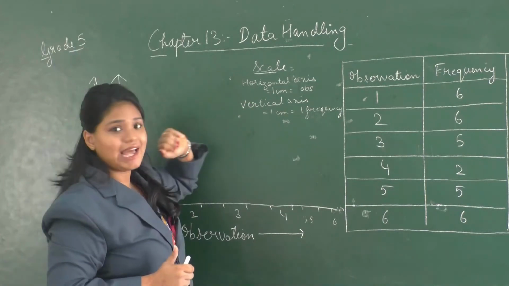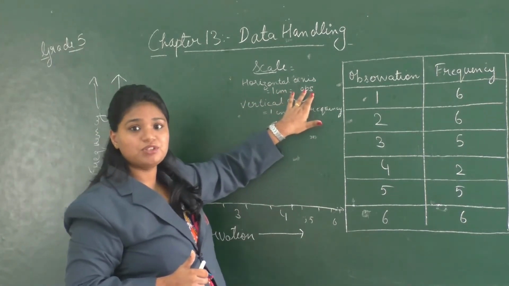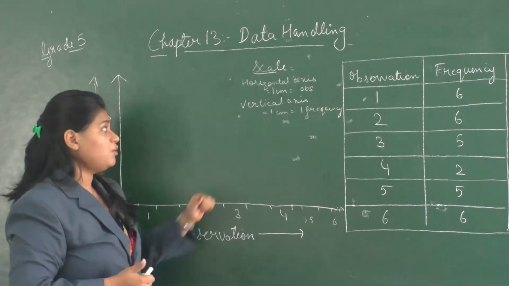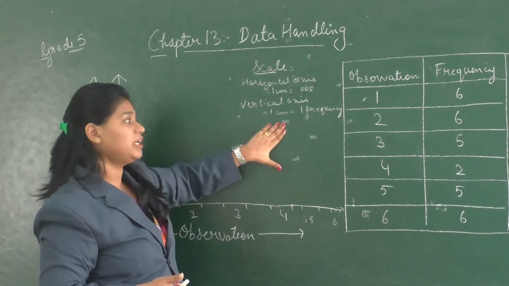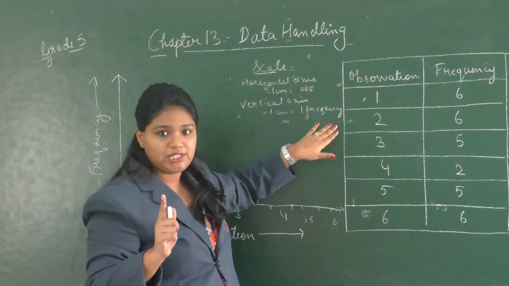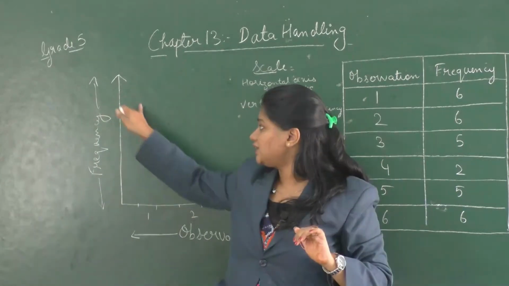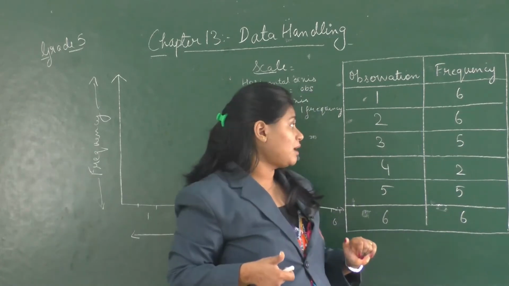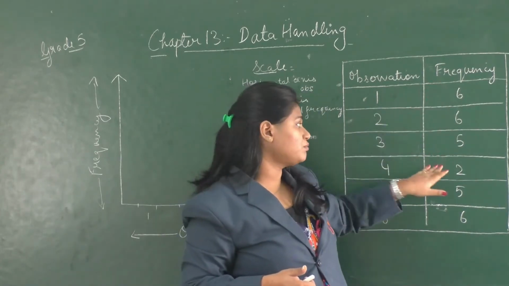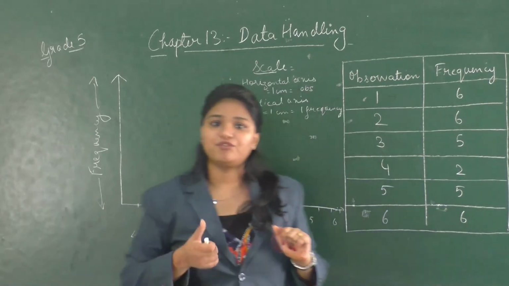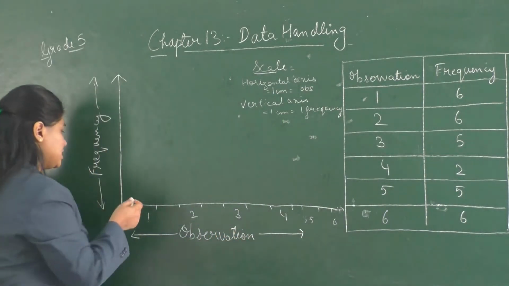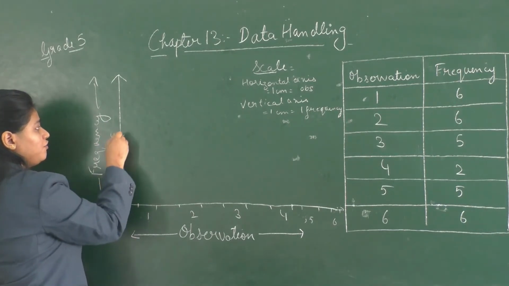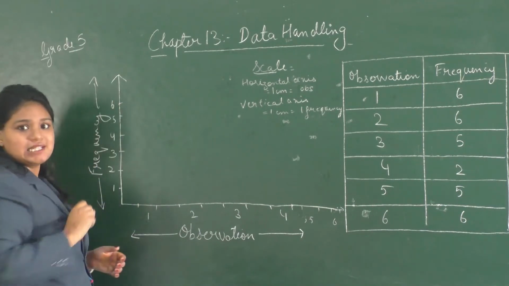Now on the horizontal axis we have taken 1 centimeter equals to the observation. So 1 centimeter is equal to observation. Now vertical axis is equal to 1 centimeter, which is equal to 1 frequency, right? Now against the vertical axis we will add the values of the frequency. So the frequency is going up to 6 and it is starting from 2. So I can write frequency from 1 and take it up to 6. So here I am writing 1, 2, 3, 4, 5 and 6.